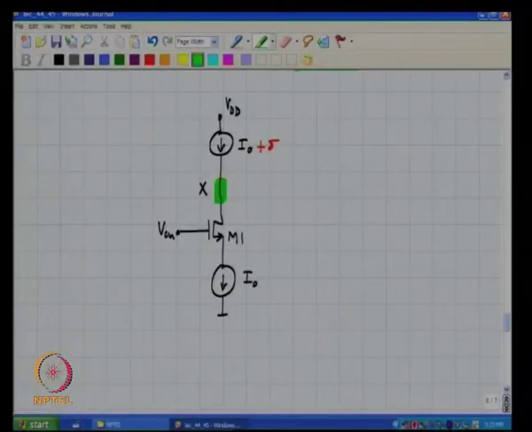By the same token, if delta is negative, the current being pulled out of node x is larger than the current being pushed into node x, thereby causing the potential of x to drop. It will keep dropping. The first casualty will be the transistor M1, which will go into the triode region. The moment M1 goes into the triode region, the potential at its source will track the potential at its drain, which should not happen if M1 was in saturation, correct.